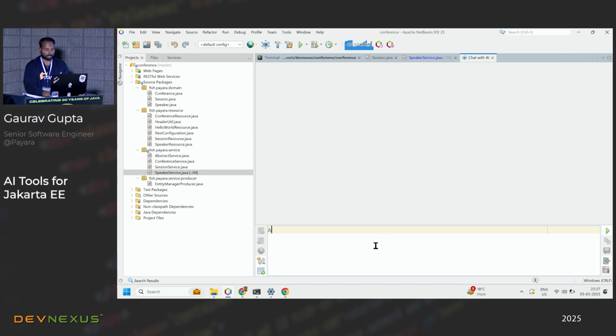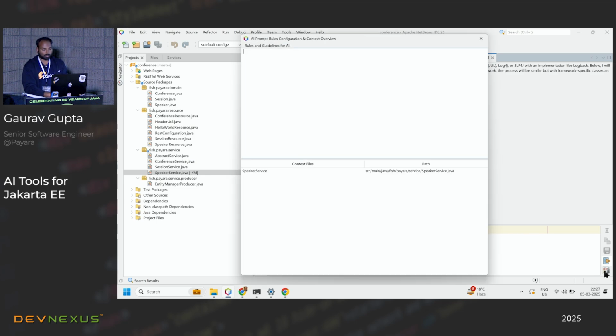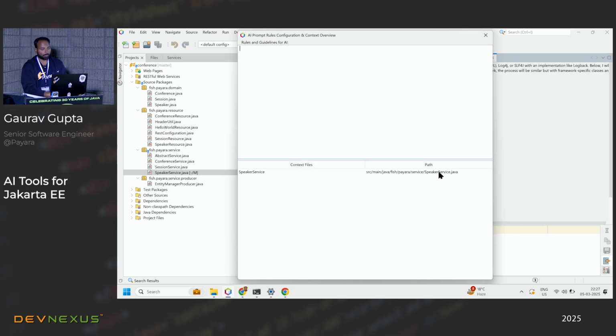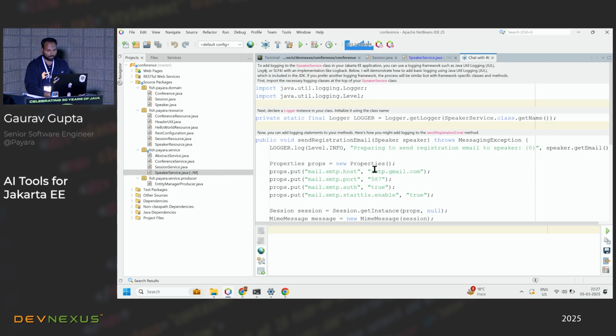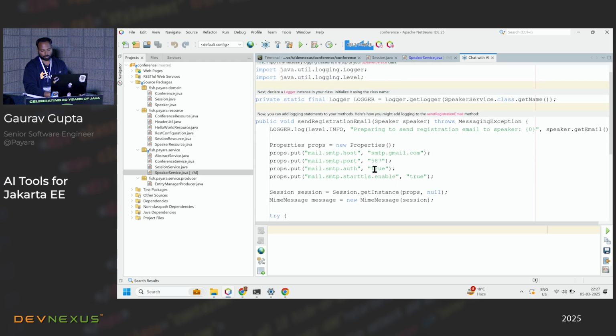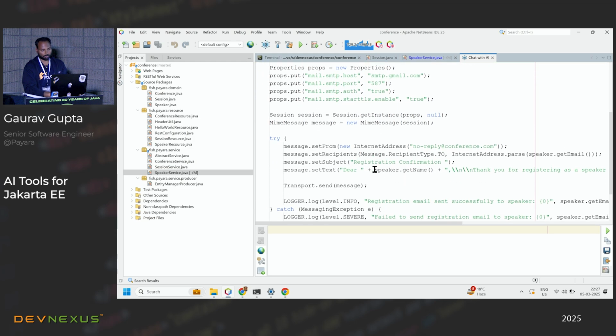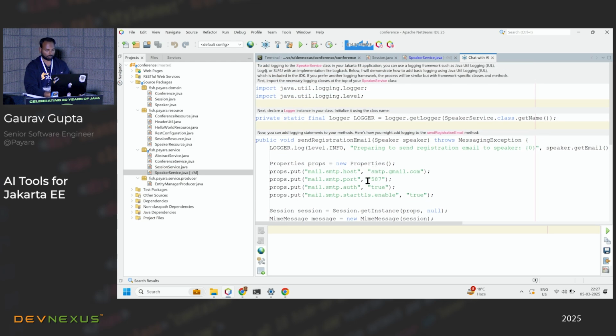And I will ask it to add logging. So you see, behind the scenes it has the context of the class, and this speaker service class is passed to the LLM, and now it is suggesting some source code, helping me with the log message. Right now it is just suggesting a log message on the send registration email,